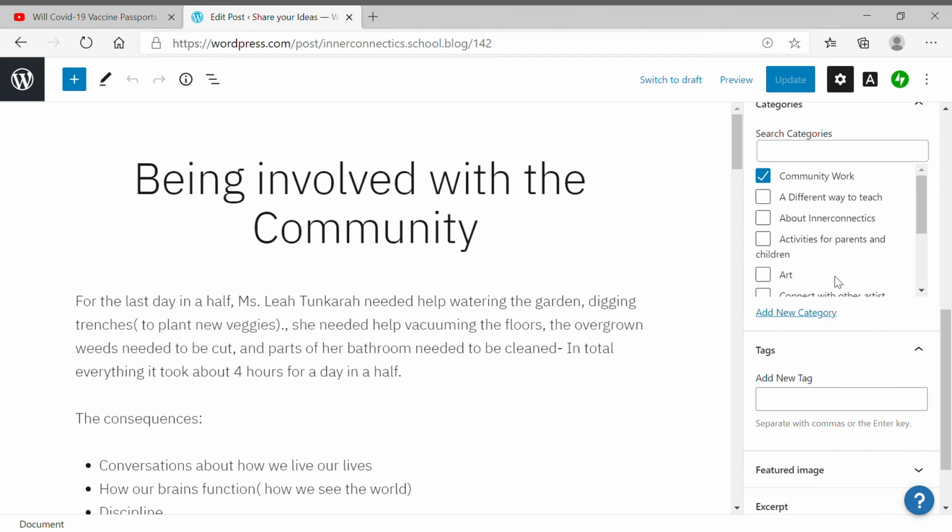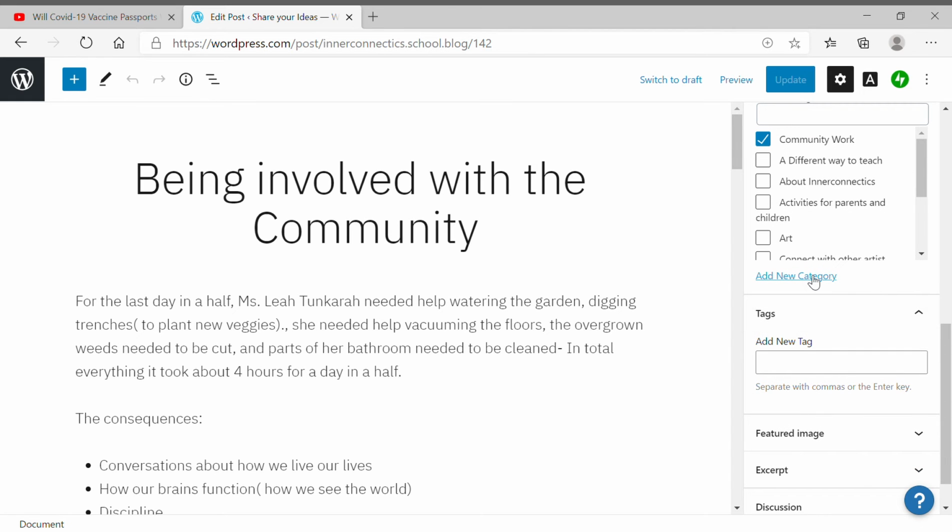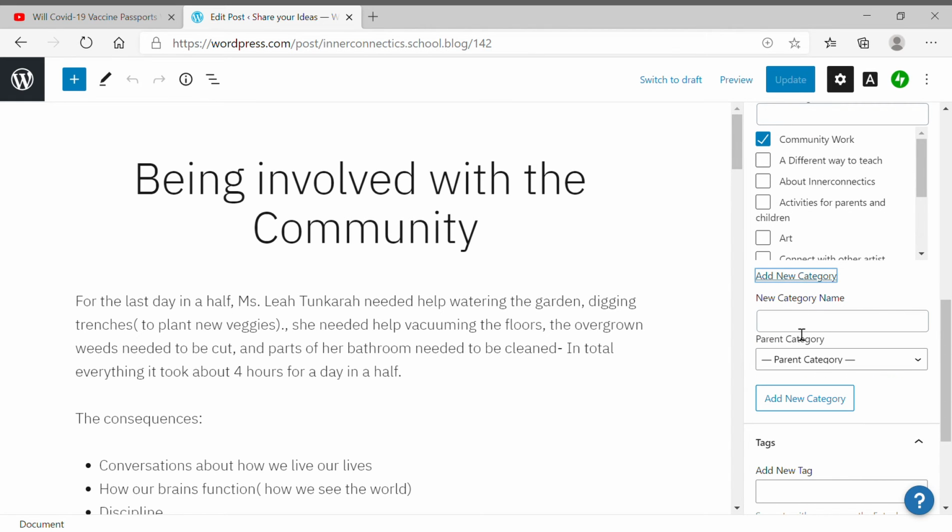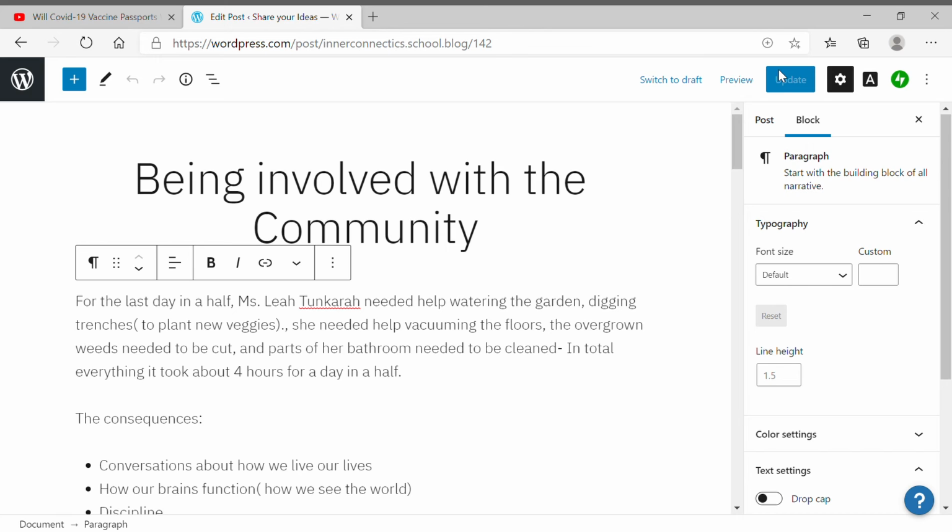Now in categories you can add tags. You can add a new category here at the side, and then you type in whatever title you want for your category for your specific post. And then once you do that, you can go here and update that post. And then once you're done,